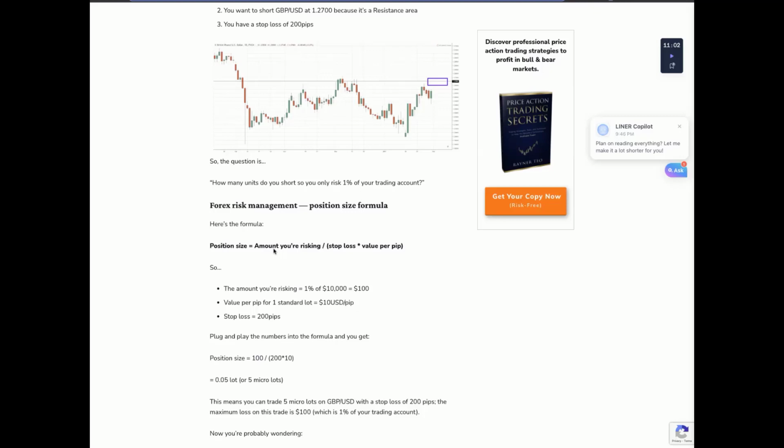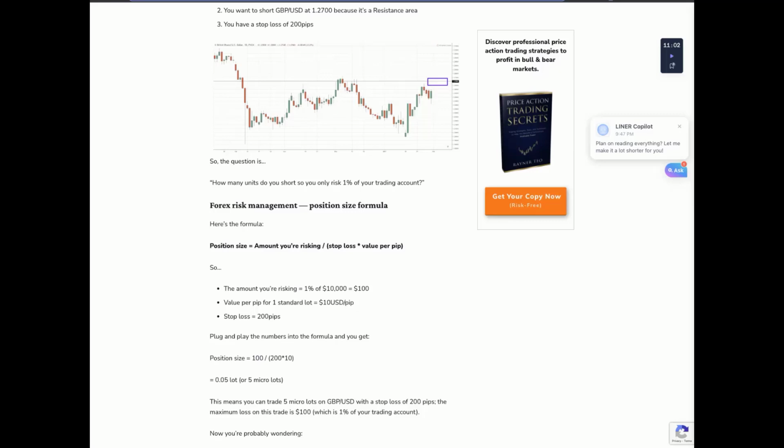So the amount you are risking is 1% of your capital, right? So let's say 1% of a $3,000 account. So you are risking $30, okay? Divided by your stop loss. You want to put your stop loss, so let's say at 200 pips away from entry level. All right. So that's 200 pips